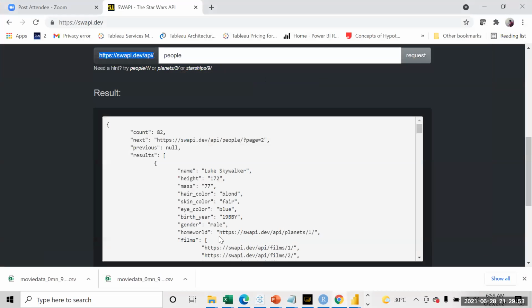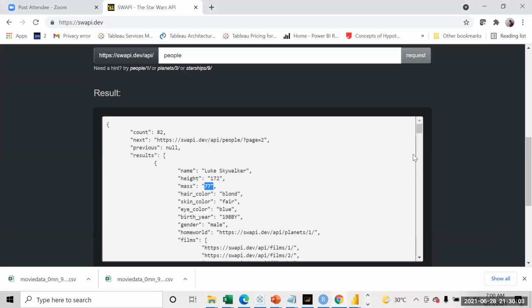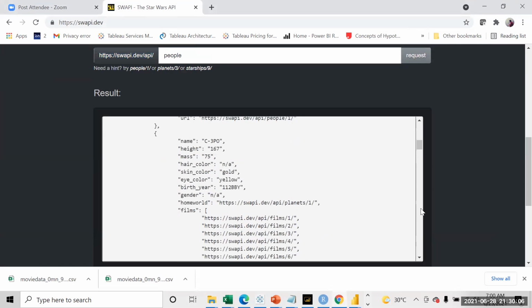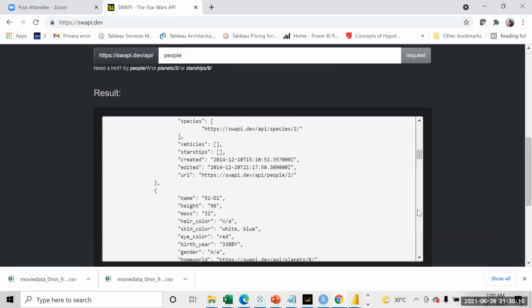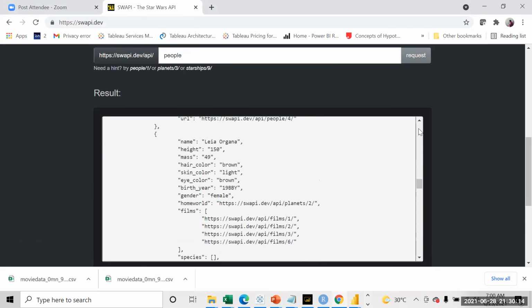The information that you were seeing over here, the name of the character is Luke Skywalker, his height is 172, his weight is 77. So the same thing you see over here, name. So the information is given a little differently. If you see the second record, it will be given below this when you go down. So you will see you have all these columns.